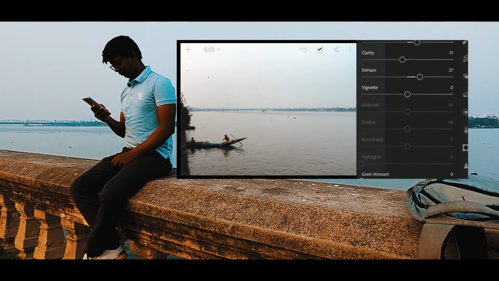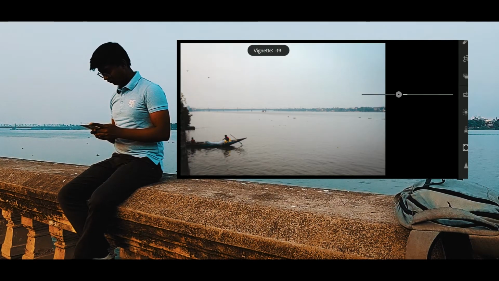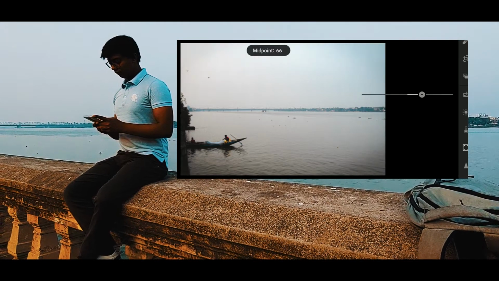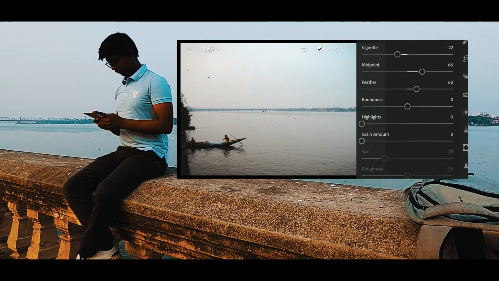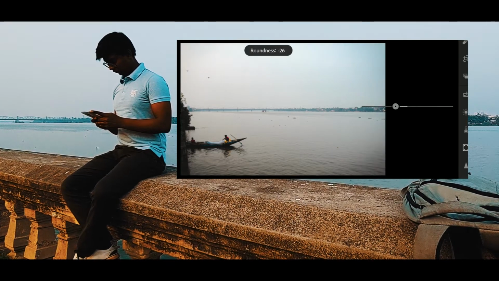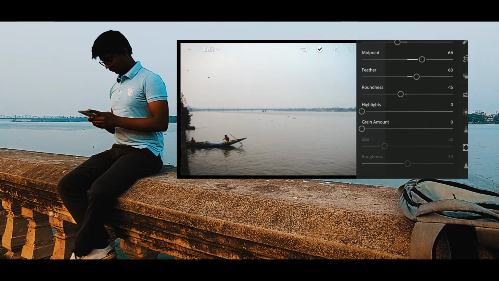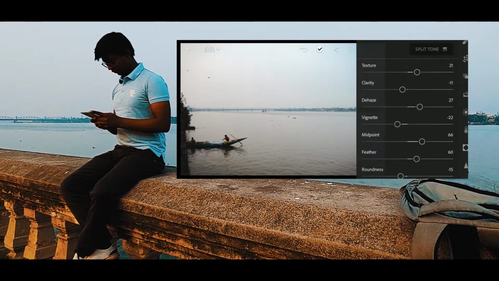Now let's give it a magic vignette. Midpoint feathering, adjust it. Now roundness, let's put it here. Grain is very important to give drama to a photo. Now in split toning,